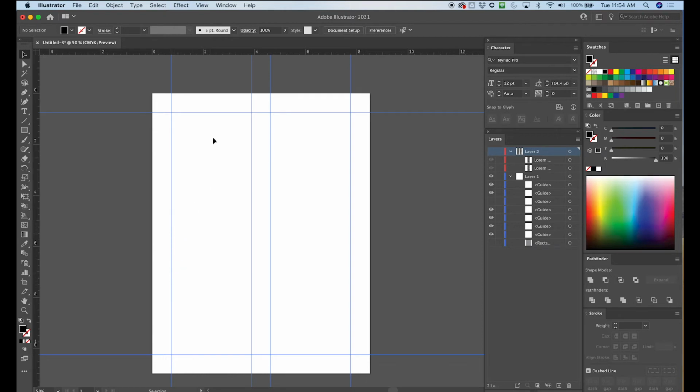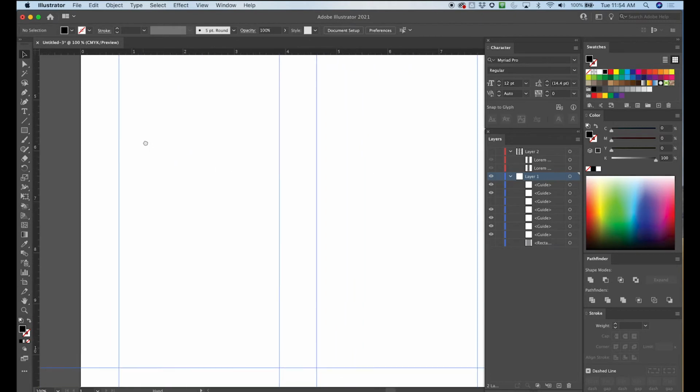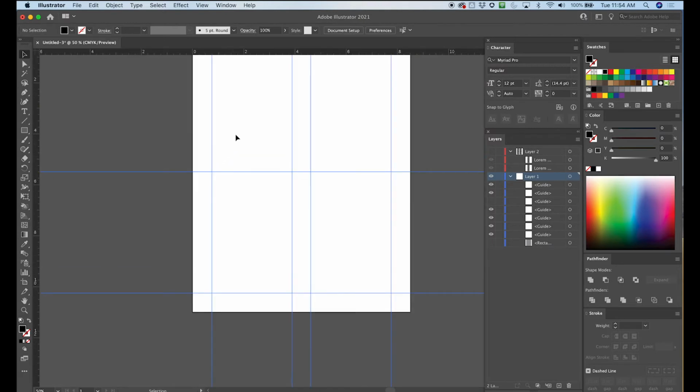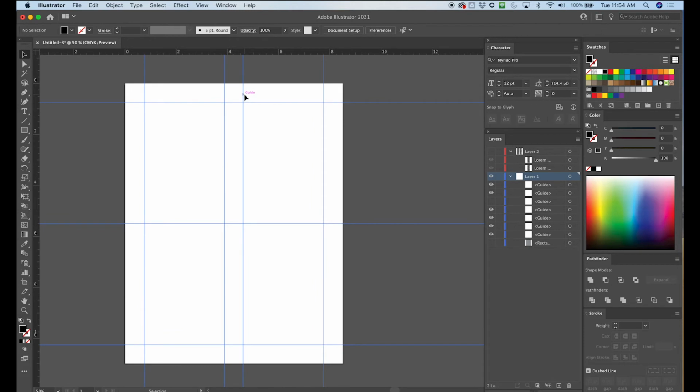Let's see if I can hit it there. Whoa, I thought I hit my guide. Let's go to the right layer and try that again. All right, there's 5.5. Okay, there we go. And just like we needed to break this up with a gutter over here, the 2